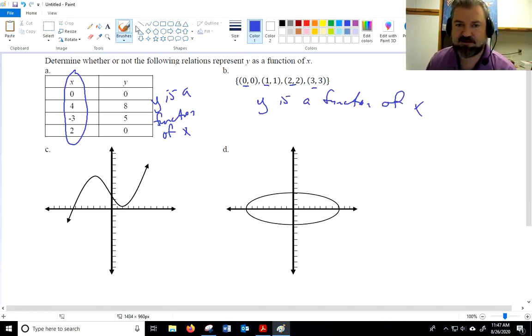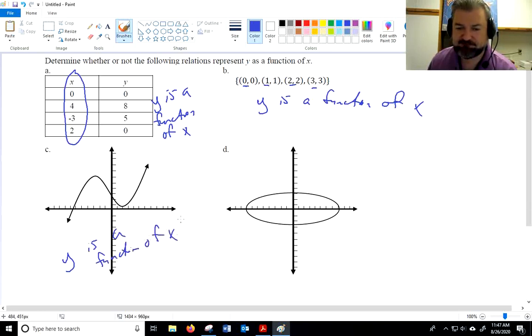All right, now if I were to use a vertical line here to test this, you should see that there's never a place where I could draw a vertical line that touches this graph at more than one place. So this, again, is going to be y is a function